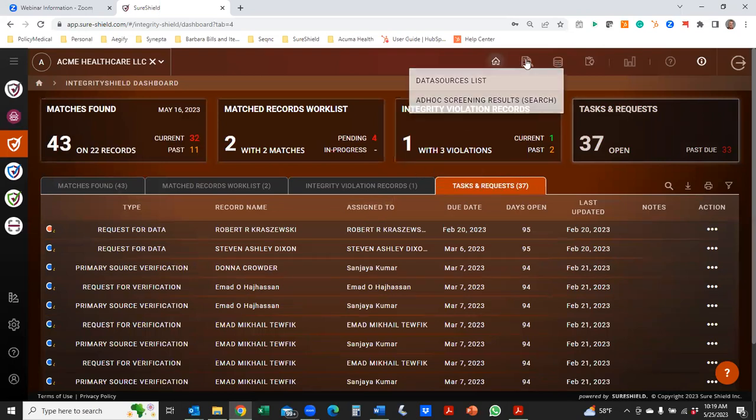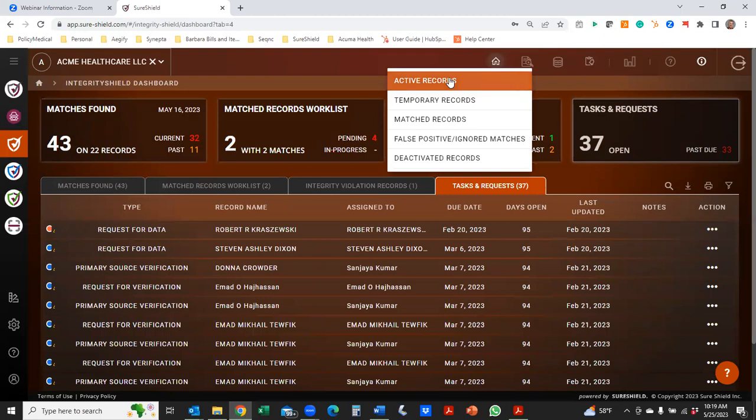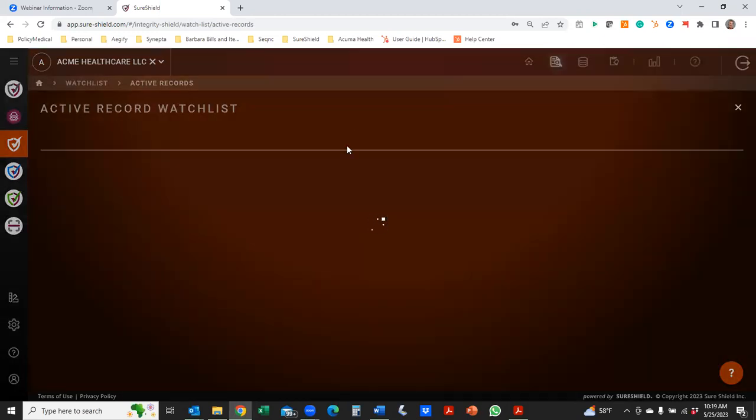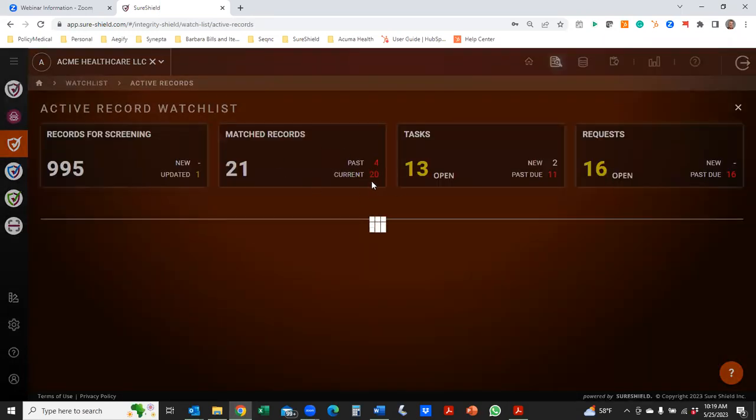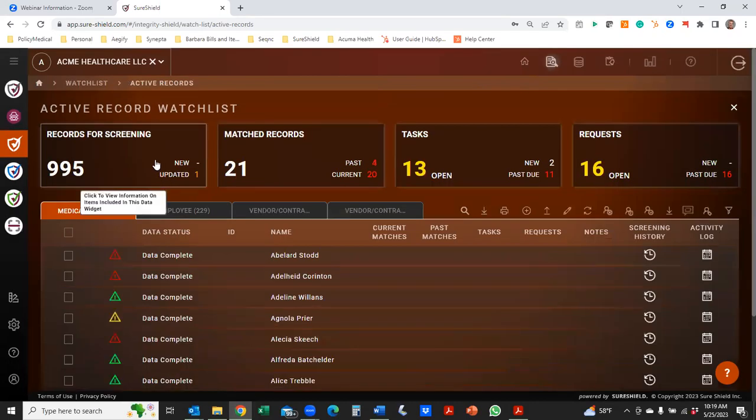Just to point out again, overall, if I were looking at my overall active records, you can see here again, you can utilize our system. Most people do it for everything, but you might have a provider group that wants to check their providers on their own.